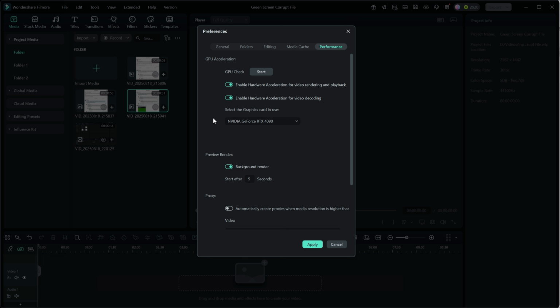If you change any of these settings, it is important that you then close Filmora and restart it, because they will only take effect when you restart it. So just changing it and going back and checking it would not tell you anything. Okay, that being said,